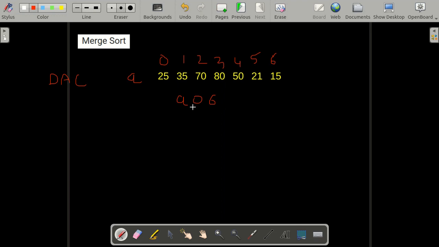Now over here I will be dividing my array into two halves. The ending element is 6, so 0 plus 6 is 6, divided by 2 is 3. So from here I will have a call from 0 to 3. This call says please go and sort my array A from indexes 0 to 3. It will have another call which will ask to sort the array from 4 to 6, that is the rest half of the array.